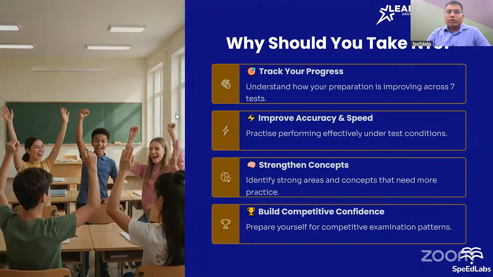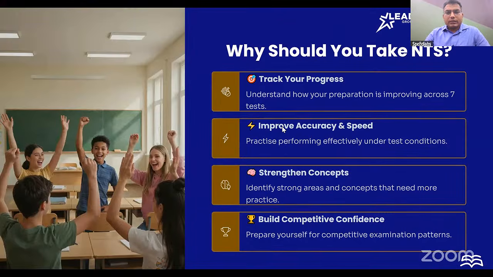Second is what we will be tracking. We will be tracking your progress for each and every test, and focusing on improving your accuracy and speed. Third, it will help your conceptual understanding, giving clarity on how competitive examinations will come up, how the Olympiads will help you properly, and how the national test series will benchmark you against other students. We are building competition, because every time a paper is conducted, you will get a national rank or national percentile for these tests, and that gives clear benchmarking from student to student.